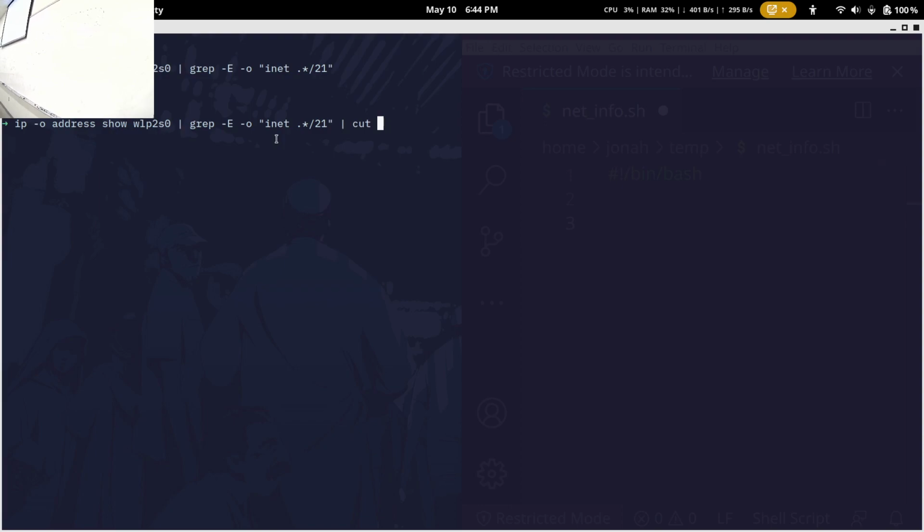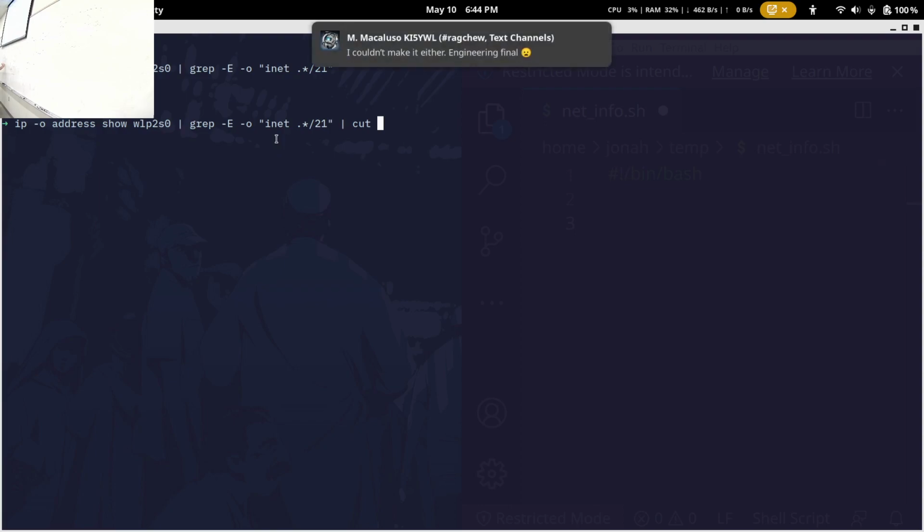So cut is a lot like, in Python, let's say we have the string hello world, and I wanted to split it right down the middle. I would do dot split.